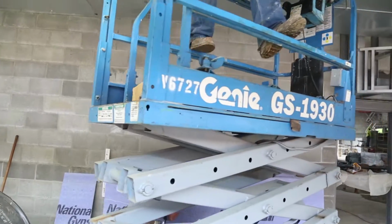Job site at Sutton Elementary, where we are working on a new gym as well as some other exciting things. So Terry, I want you to tell our boys and girls some of the careers and the jobs that are working out here. Okay, some of the careers and jobs that we are doing out here is laying masonry block,